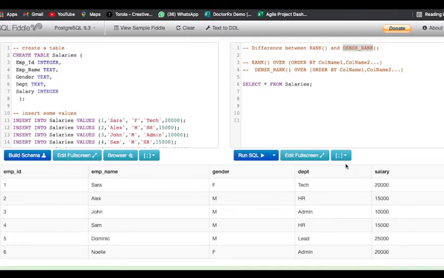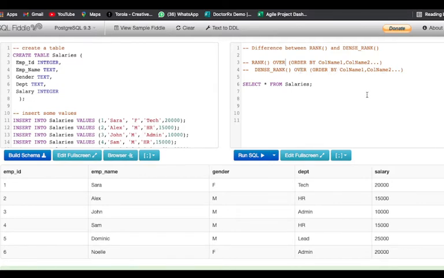The syntax for rank and dense rank is pretty simple. So we use the rank function. It doesn't have any parameters, so you just put the parenthesis there. After that, you'll use the keyword over, and then you can order this by any column that you like. Then we have the dense rank function, which is also similar, only we have replaced the rank function with the dense rank function. We have the over keyword, and then you will order this by.